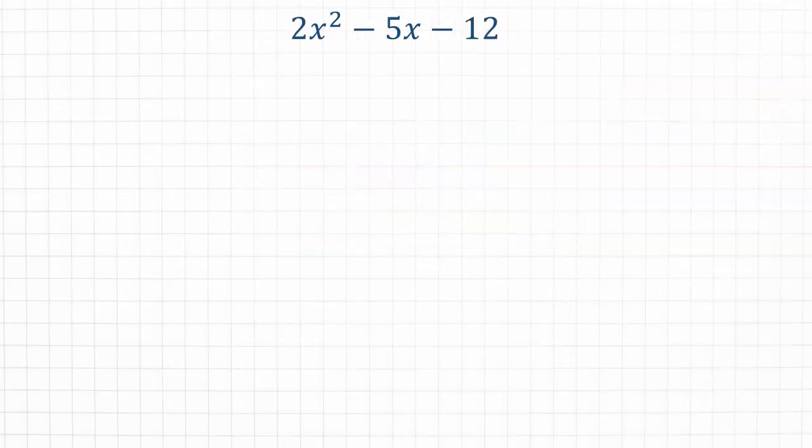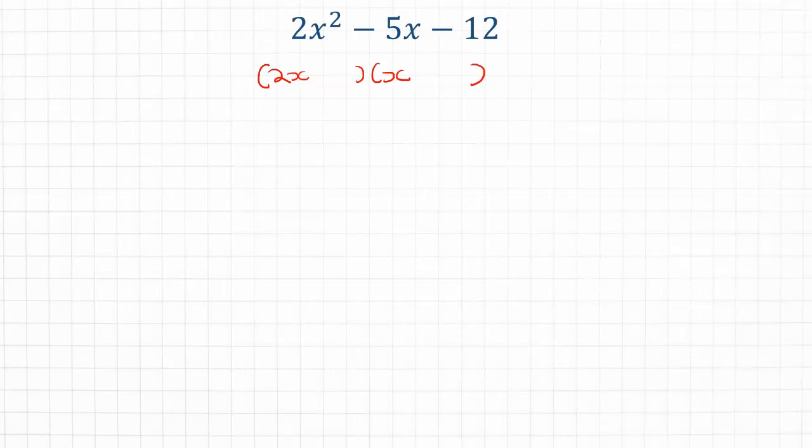Let's look at another example. This time 2x squared minus 5x minus 12 equals 0. 2x squared is 2x times x. So we write down a set of brackets, one with 2x and one with x in it. To find out what goes on the other side of each bracket, we look at the last term, minus